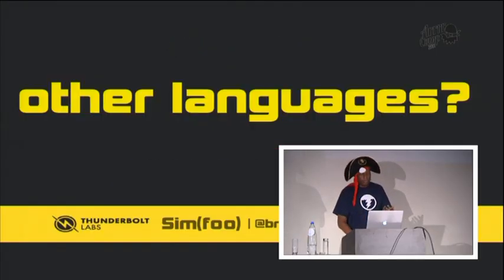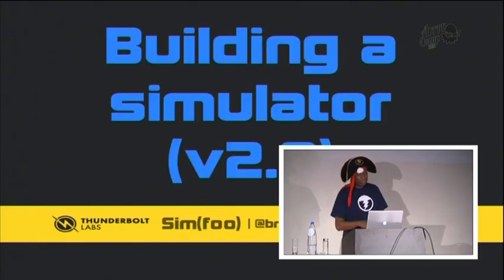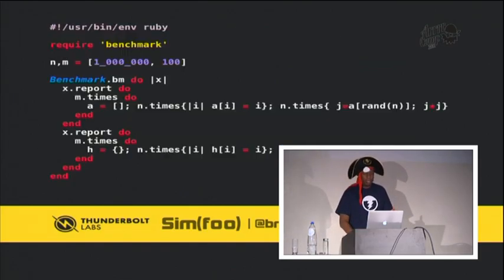So we thought, should we just write it in another language entirely? Maybe we should. We did. But before I actually did that, we actually did write the simulator in Ruby for version 2. And before I did that, I want to start off with some benchmarks. What I'm benchmarking here is